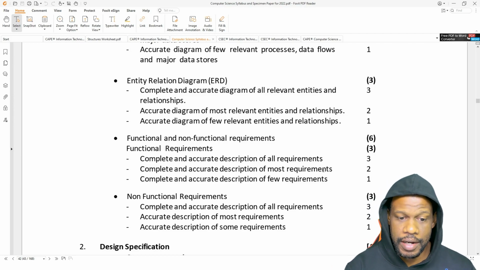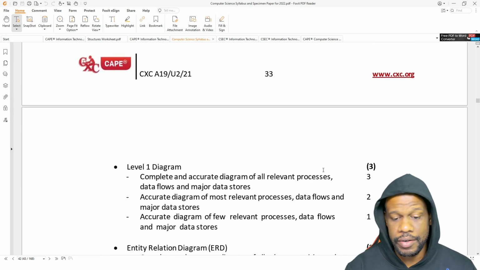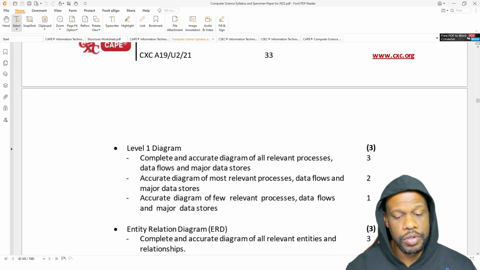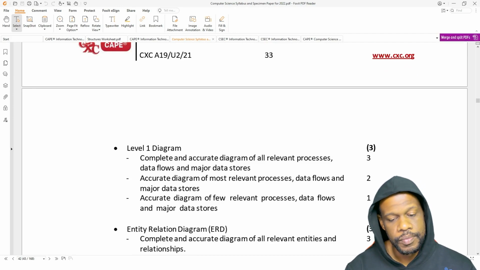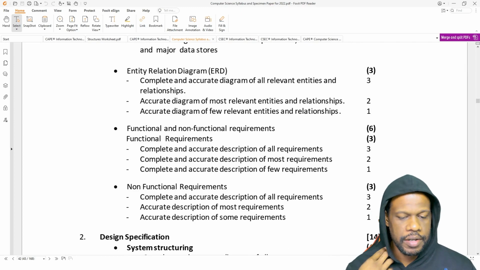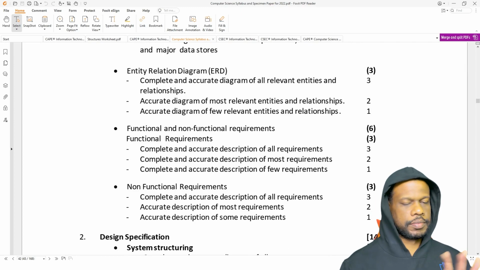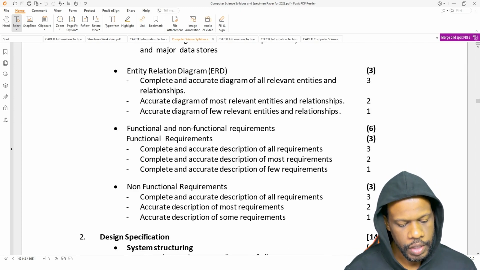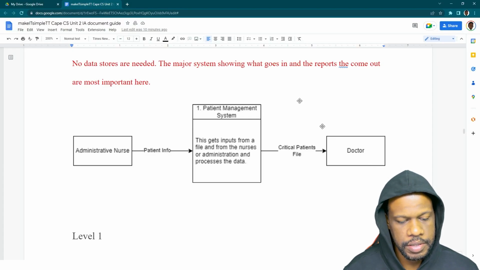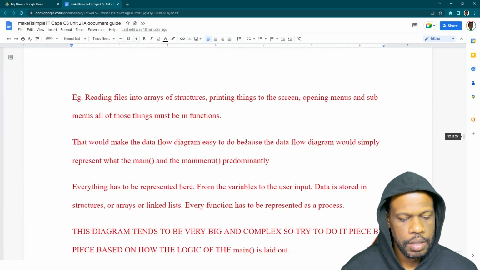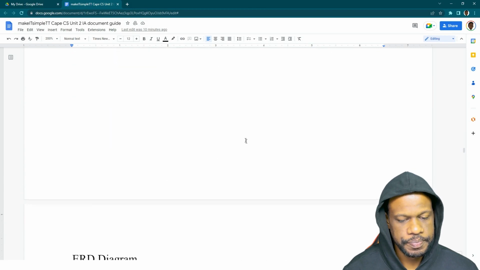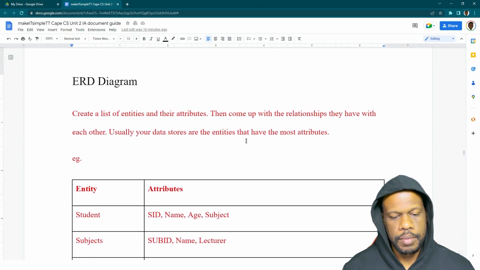The data flow diagram, you could make a little mistake here or there with some of your entities and whatnot, and I don't know how they will take out from that 3 marks. But this ERD, functional, non-functional, easy. So let's go into the document and go to the ERD diagram section, right? So the ERD diagram section